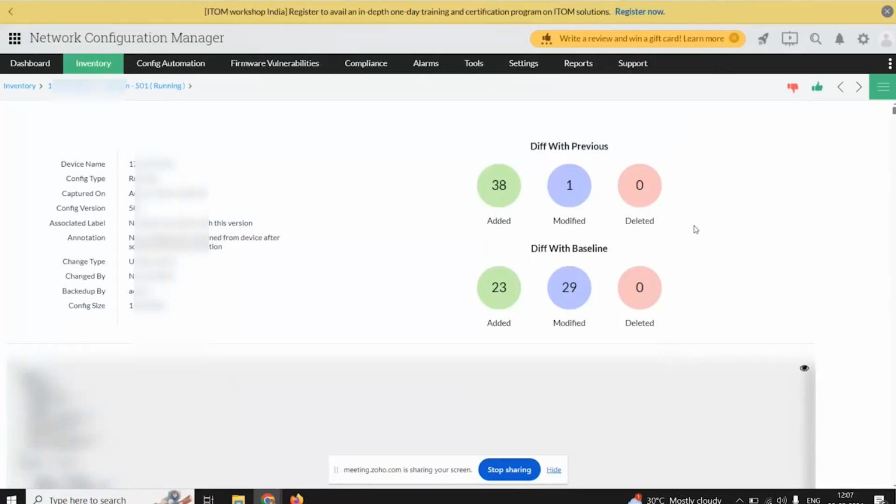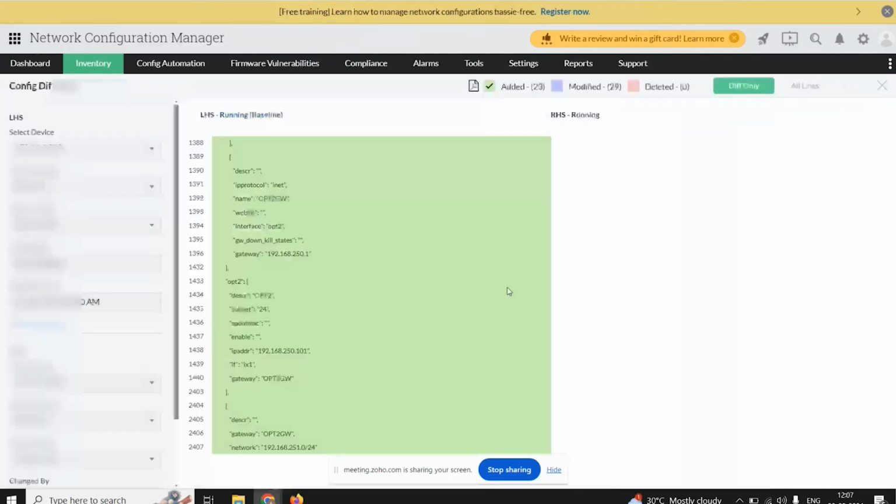If there are thousands of lines in a network configuration file, this diff view will show you exactly how to pinpoint the exact changes, even down to the thousandth line. So this is the power of Network Configuration Manager's diff view. It makes tracking and managing configuration changes straightforward and efficient. So now let's move on to the next